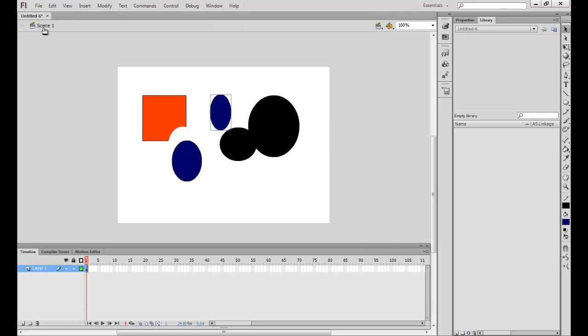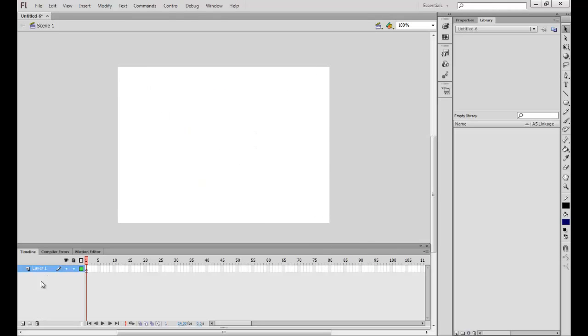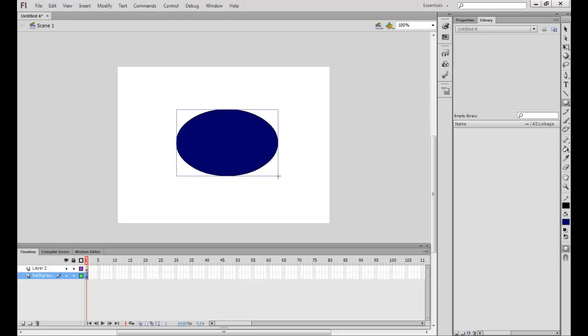So now back to the scene. Now another point that I would like to discuss at this point is the concept of layers. You can add layers by just pressing this button of layers here, and you can name them. Suppose I say this is the background, and in the background I just draw an oval shape. Now in layer 2,